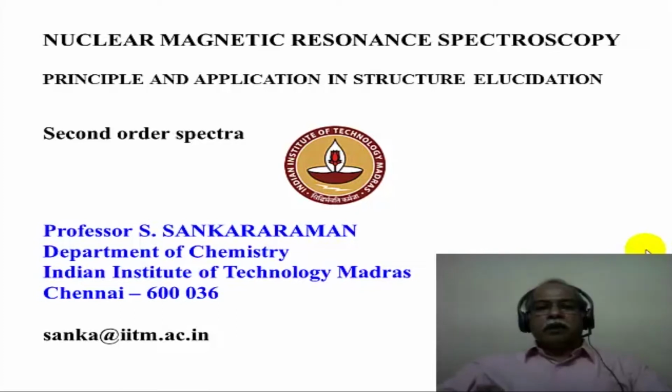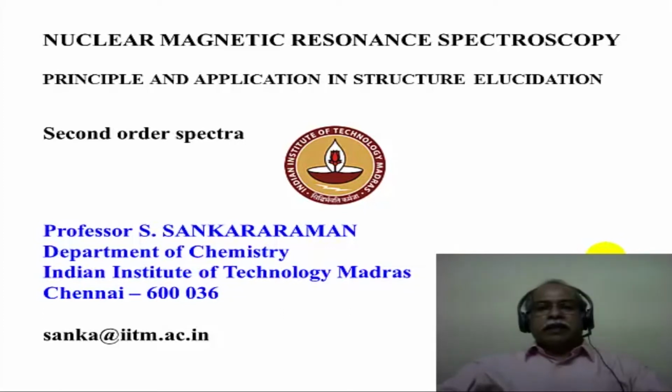Hello, welcome to Module 6 of the course on application of spectroscopic methods in molecular structure determination. In this lecture, we will continue with NMR spectroscopy and have a look at the second order effects in the NMR spectra. The earlier examples we saw in the previous lectures were all simple spectra, in the sense they were all first order spectra, and the information about delta value and J value could be directly read from the spectrum itself.